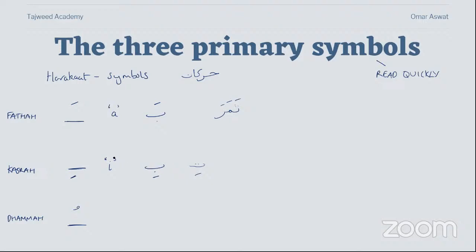Now, the common issue, particularly with Asians, and the reason I know more about Asian errors is because I'm Asian myself. So a common error with many, but particularly with Asians, is they say air. So ba kasra ba, air. There is no air in the Arabic language. Okay, there is no air. I think there is in Urdu and some other languages, if I'm not mistaken. But in Arabic, there's no air. It's either a, i, u. So we do not say ba kasra ba. And I used to make this mistake myself many years ago.